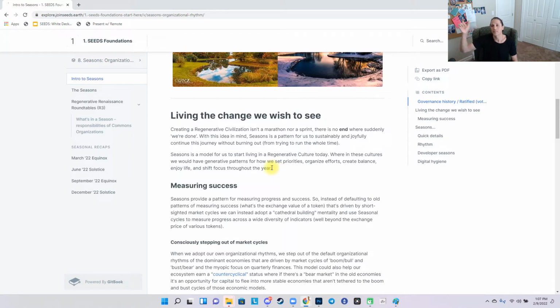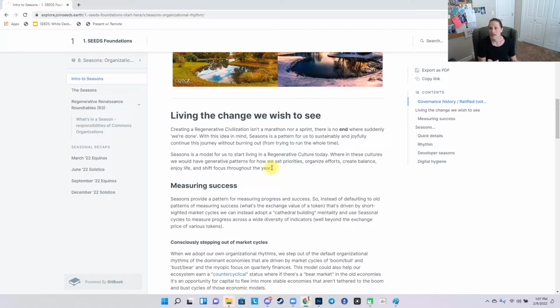And each organizing pattern had different principles behind it. I think we can start modeling a similar pattern here where depending on the season, we can have a different organizing principle for that season. And that's what we're setting the foundation for us to do here. So we're saying regenerative cultures are ones that aren't always on.